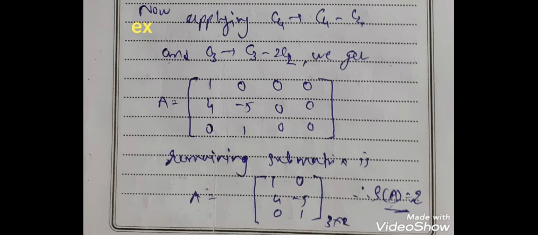See here, if we multiply the first row by minus 4 and add into the second, then the first element of the second row will be 0. So we get the second row as 0 and minus 5. Similarly, if we multiply the third row by 5 and add into the second row, then the second element of the second row is also 0. Then the second row will be 0 0. So we can cancel the second row and we get the matrix in the form 1 0, 0 1.